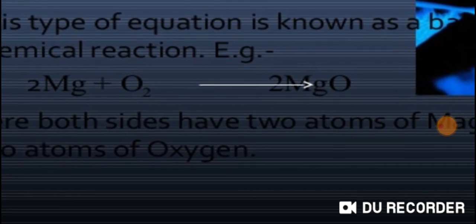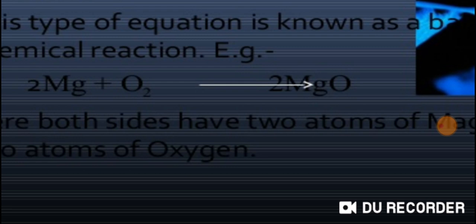We had 2 atoms of oxygen but 1 atom of magnesium. So to balance the equation, we added 2 with the magnesium and 2 with the magnesium oxide